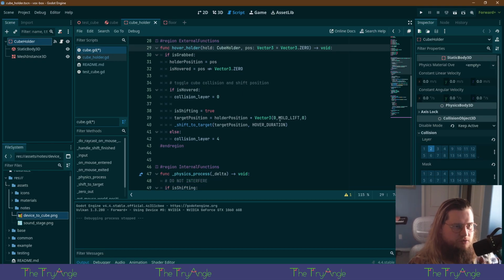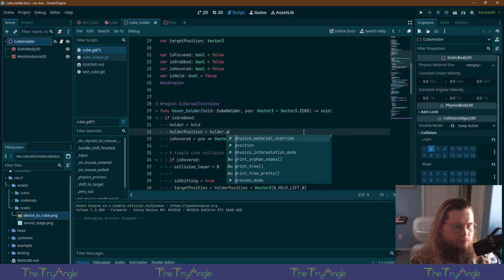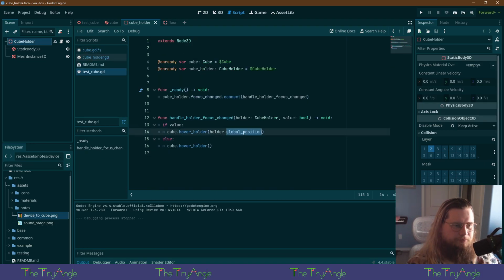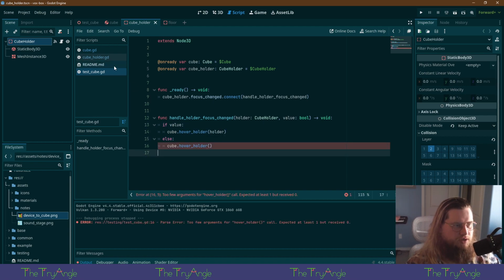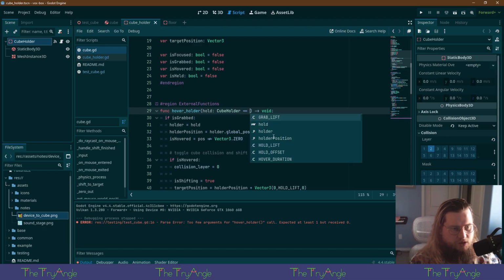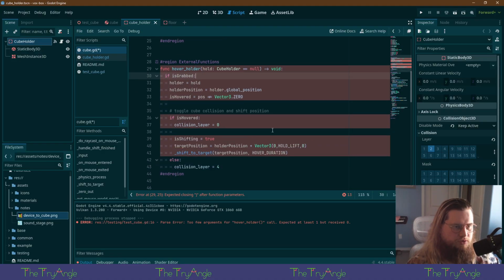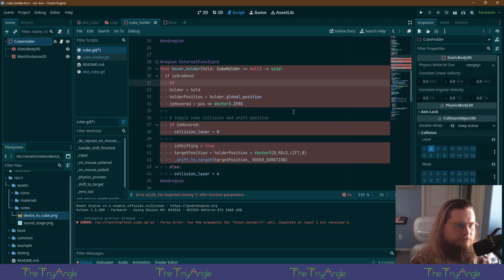Let's see here. If is grabbed. That's important. So holder will equal this hold. Instead of position, it'll be holder. It's global position, actually, isn't it? Yeah. Okay. Which reminds me, I should pass that in like that. We should also allow this to be null by default, which is really important. We'll say if